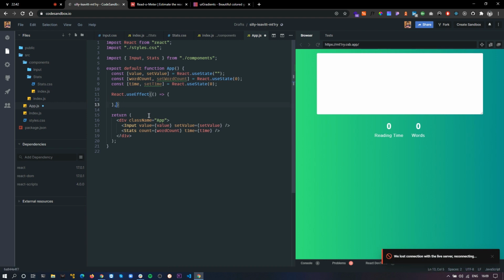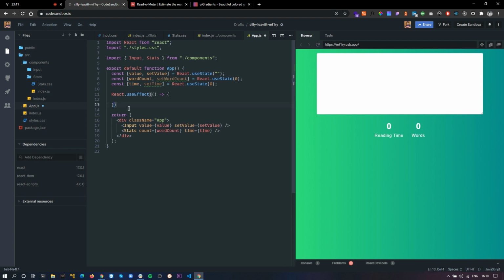So if you don't pass the second parameter, the dependency array, and you just pass the function, the first parameter, then this means that this function will run every single time any of the state changes, or when the component renders for the first time. Even if word count changes or time changes, or when the component renders for the first time, it will run every single time.